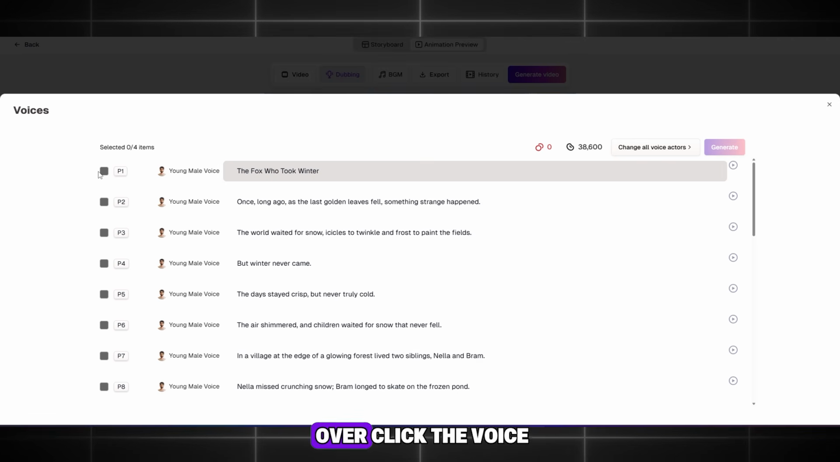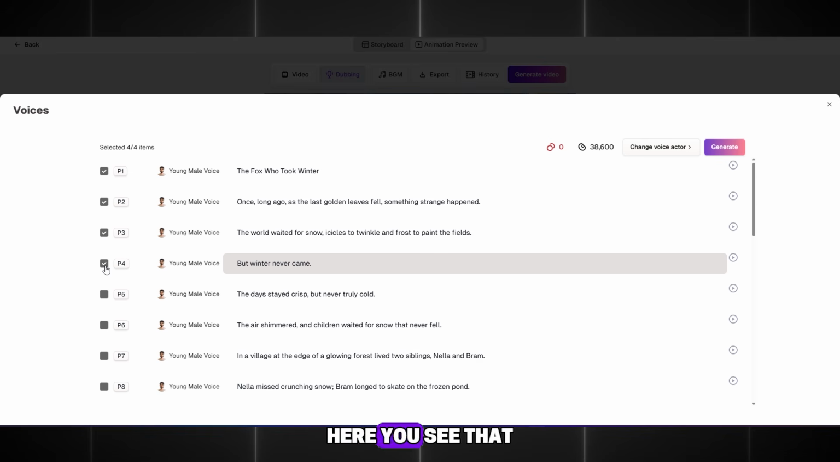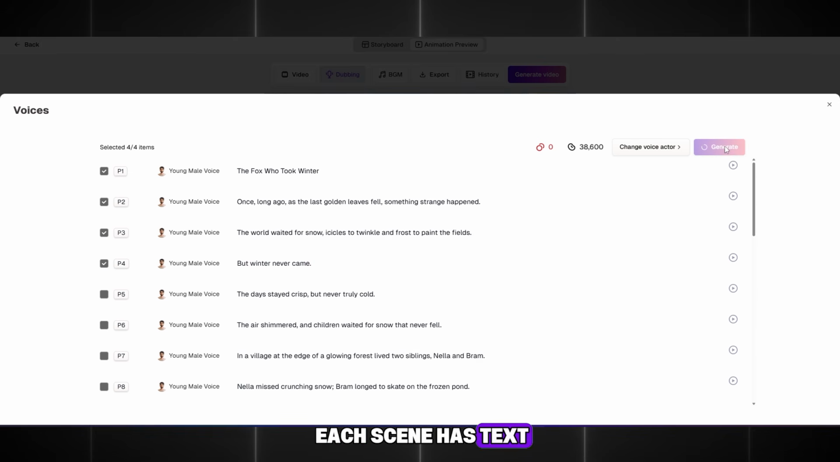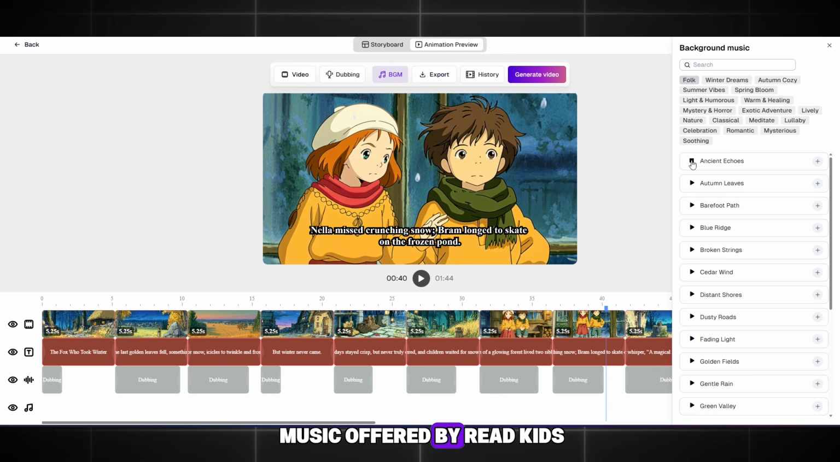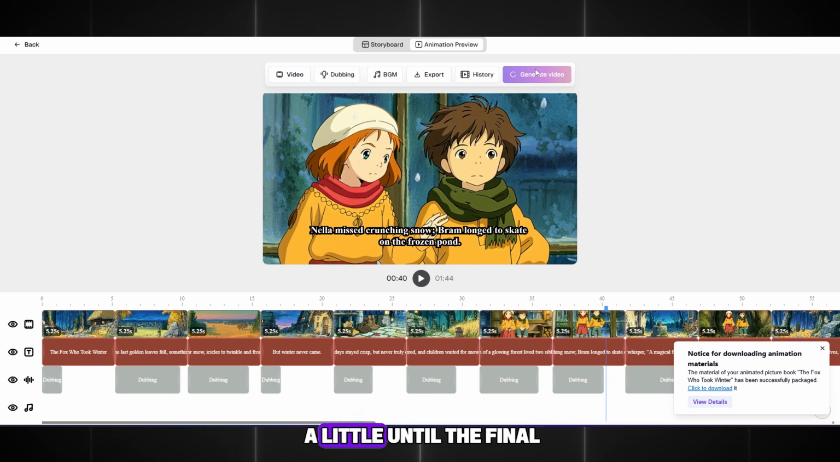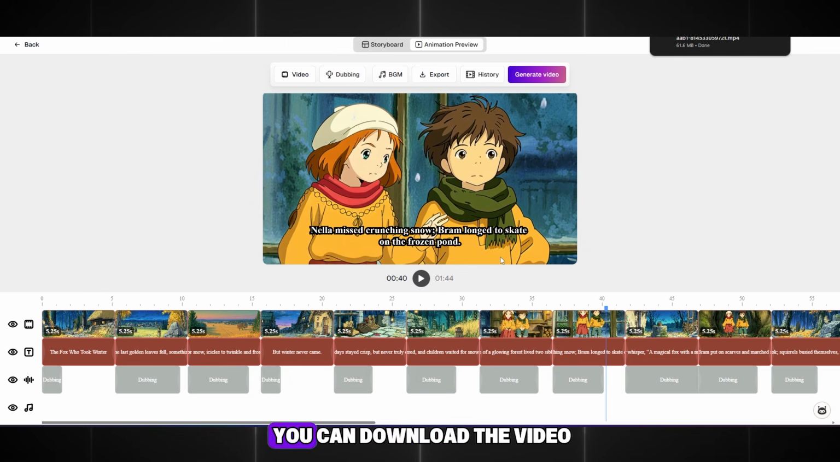Now add the voiceover. Click the voiceover section. Here you see that each scene has text. Select 4 scenes and click Generate. Do the same for all our scenes. You can choose the music offered by Read Kids. Great, everything is ready. Click Generate and wait a little until the final result is ready and you can download